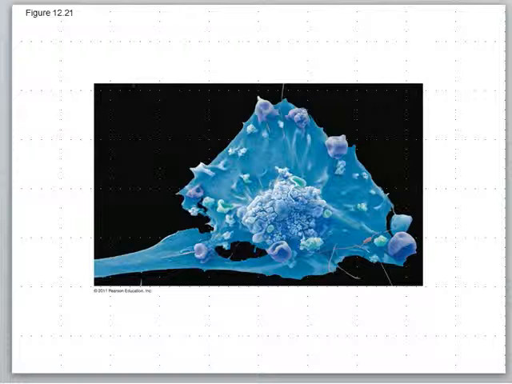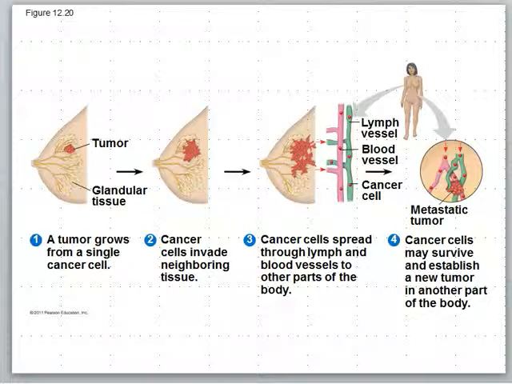A good example, of course, is breast cancer. I think this month was breast cancer awareness, and there was a lot of pink ribbon activity going on for breast cancer awareness. Breast cancer is a more common type of cancer than some of the others, so that's why oftentimes it gets a lot of awareness.